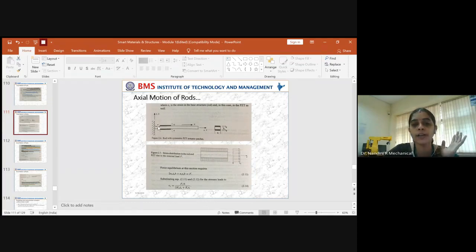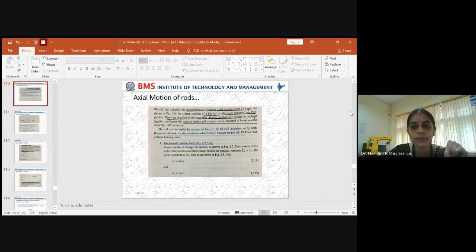So you'll be having one layer of electrode here, one layer of electrode at the bottom. Similarly, for the second patch, you will be having one layer of electrode here and one layer of electrode at the bottom. So across the electrodes, you will apply the voltage. This will be the positive terminal and this will be the negative terminal. Similarly, here the positive terminal and the negative terminal. So the device is kept ready.